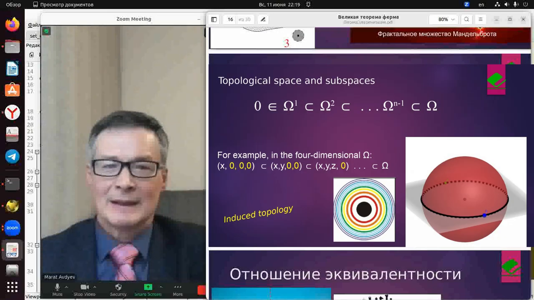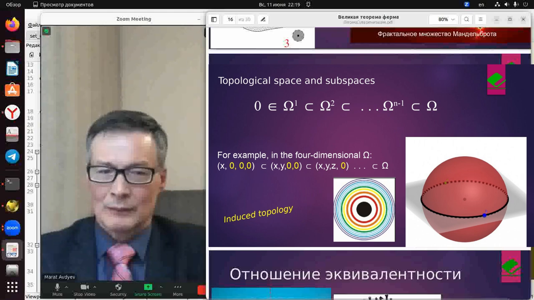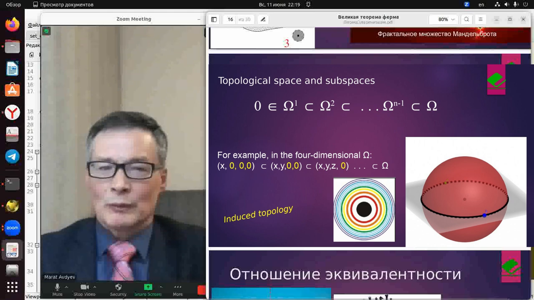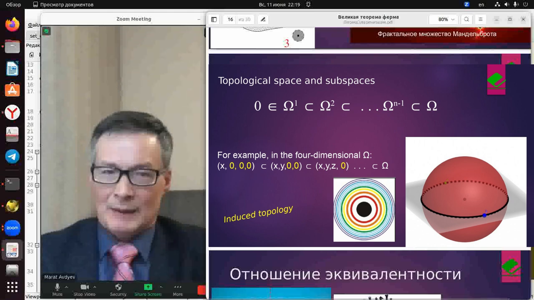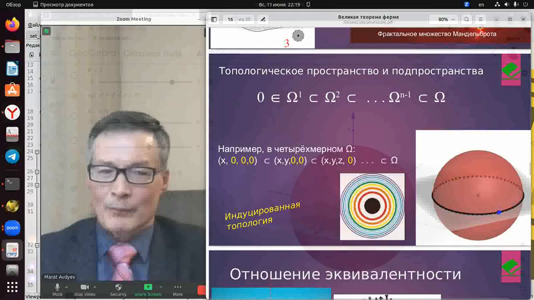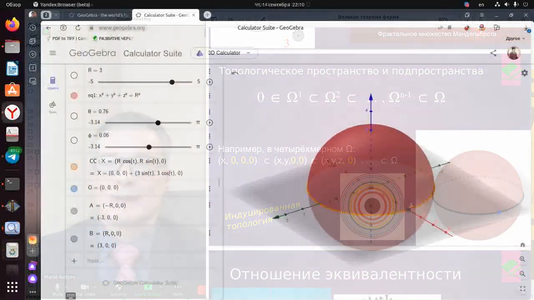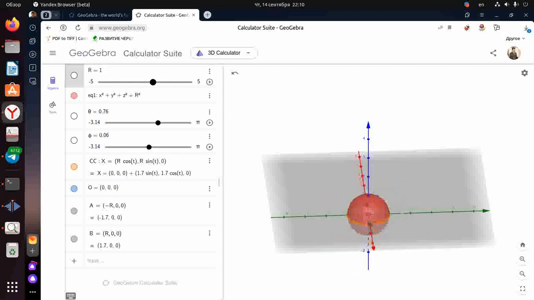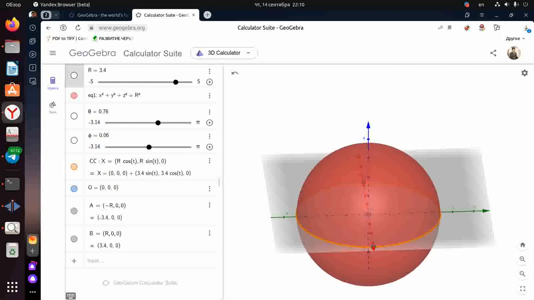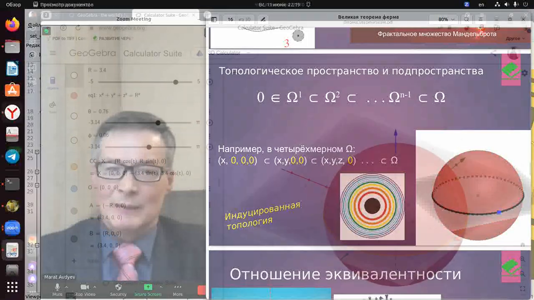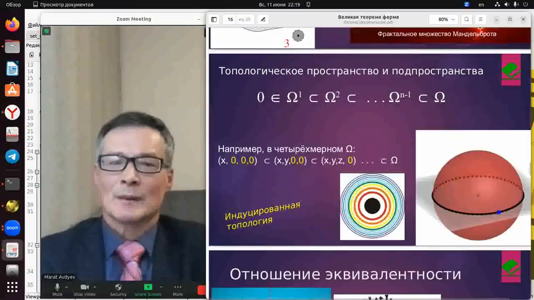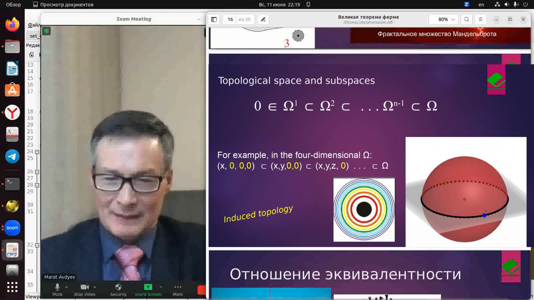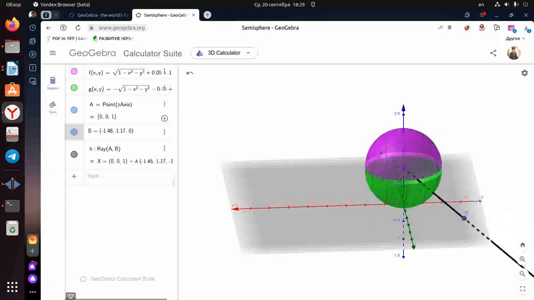To do this, we need another model. Let us imagine that we dissect our n-dimensional sphere by hyperplanes. Let us start with the simple case of four-dimensional space. What do we see here? This three-dimensional sphere centered at the origin is the result of intersection of a four-dimensional sphere with a three-dimensional subspace or hyperplane. You can see the orange equator on the sphere. Here we see the northern and southern hemispheres. The equator is excluded. The equator becomes a meridian when you turn it 90 degrees.